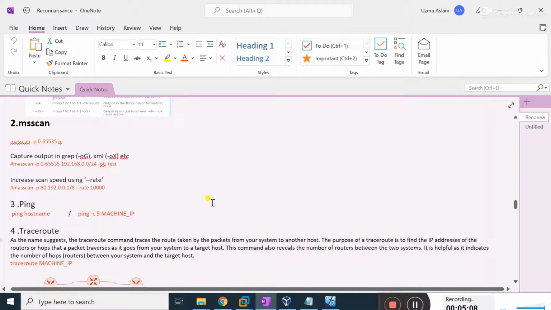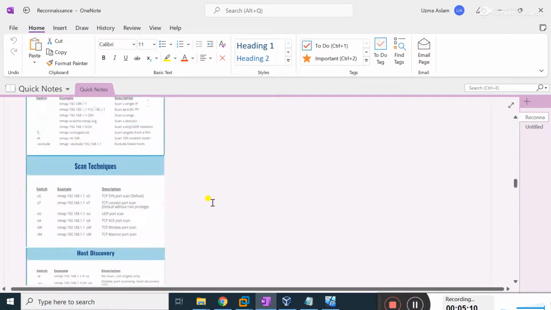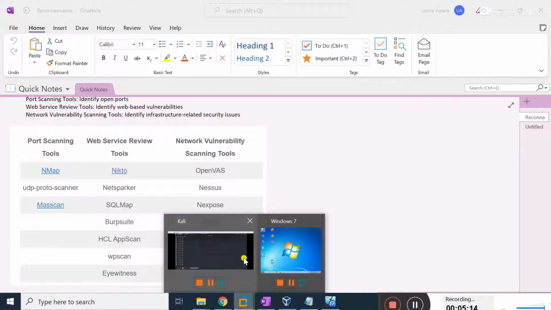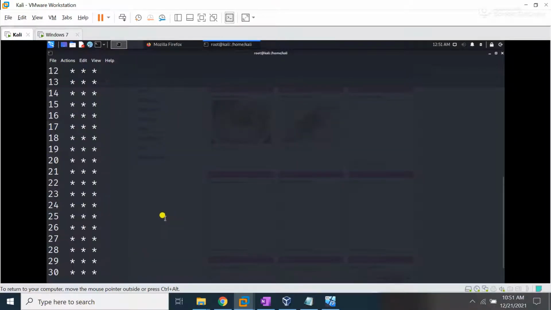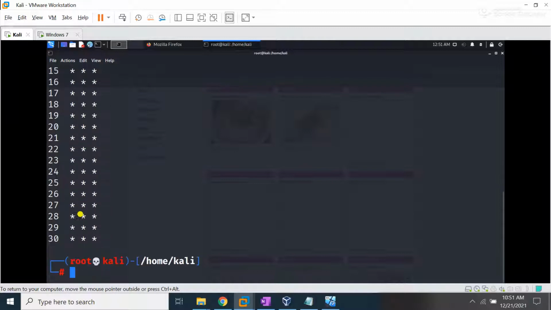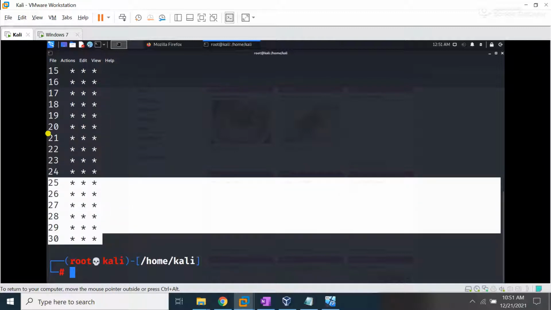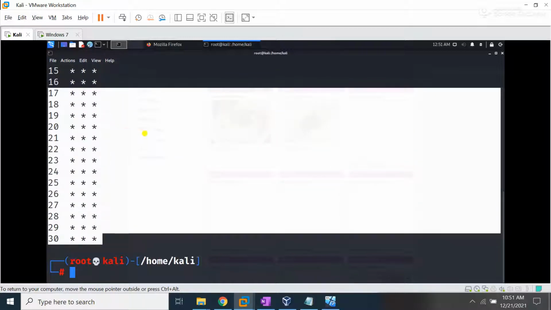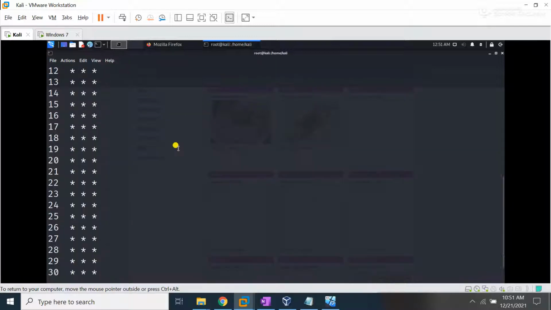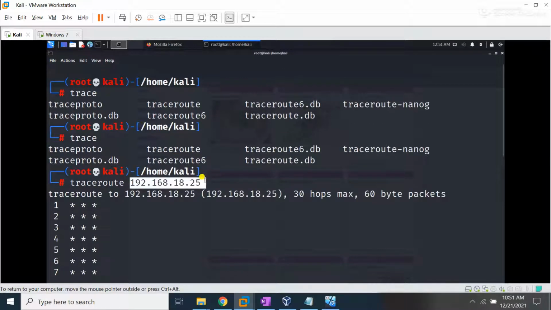Okay, students, the next method that I will show you for active reconnaissance is Nmap. Definitely, you are familiar with Nmap. Here you can see the complete result of the traceroute command. A total of 13 interfaces are present between me and this victim. So my request has to pass a total of 30 interfaces in order to reach this IP address.